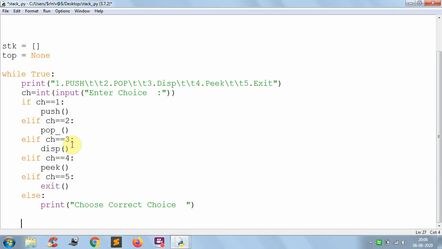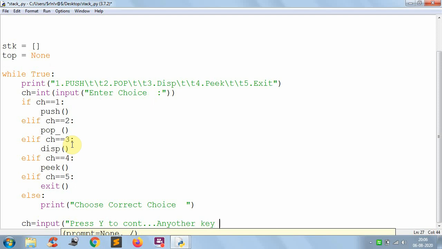Now after that you can take one input from the user so that we know whether they want to continue further or not. So input, y to continue, any other key to exit.